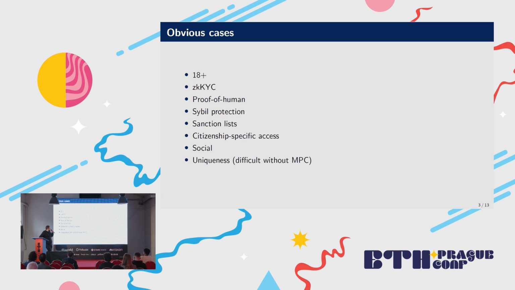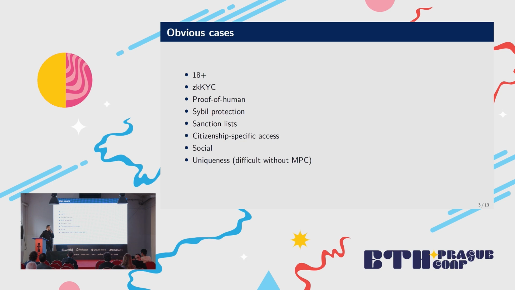And an additional interesting case, that's sanction list. You can extract the data from the passport and prove that you're not included into specific, for example, a FATF list or some blacklist. You can provide different gifts based on the type of the community you're forming. For example, you can provide a free internet for Iranian women and not know their specific data. You can build different social applications, and additionally, this is very hard to achieve, you can build applications that require